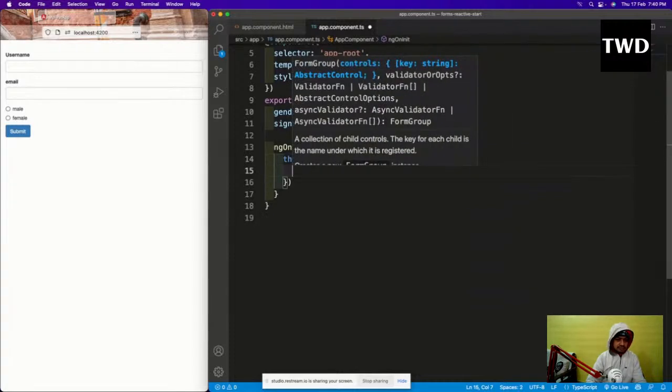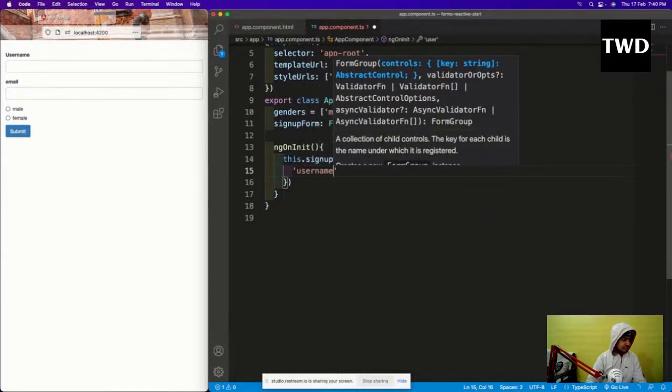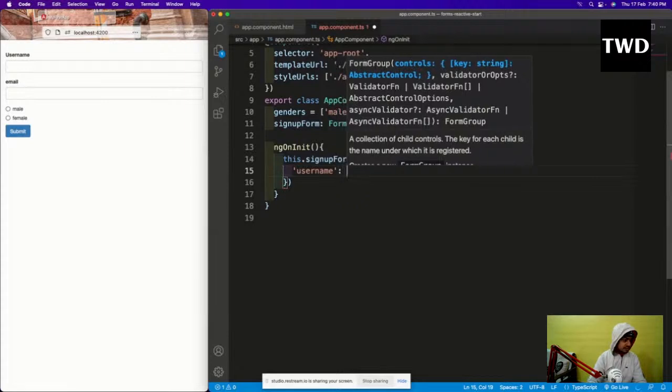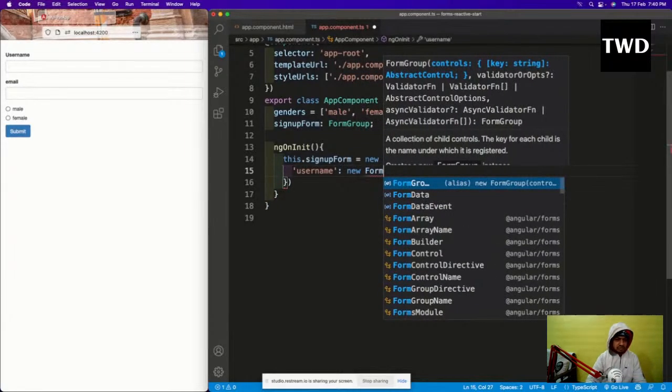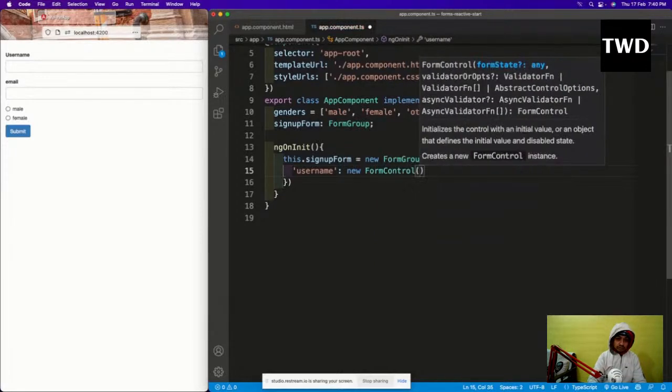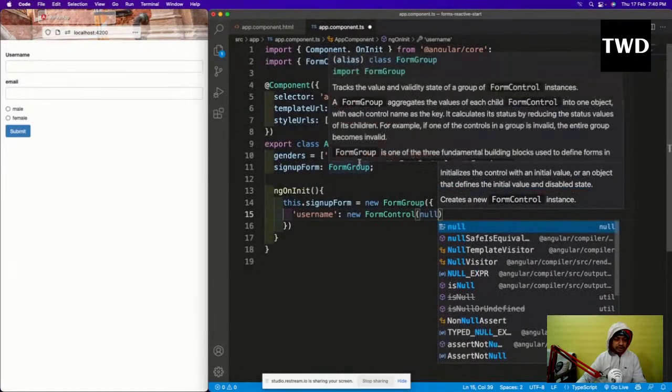and username is new FormControl. This new FormControl also you have to import. New FormControl null.